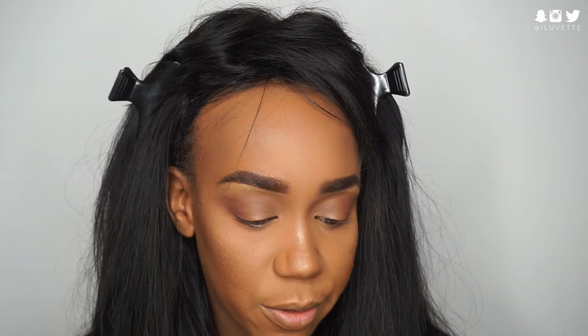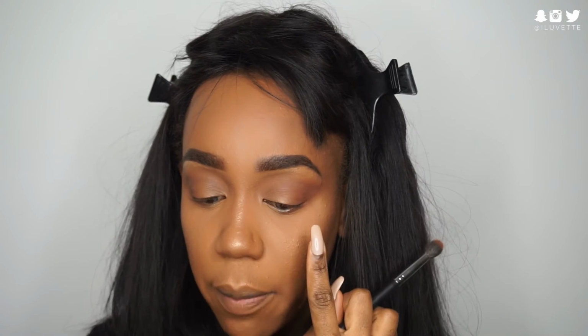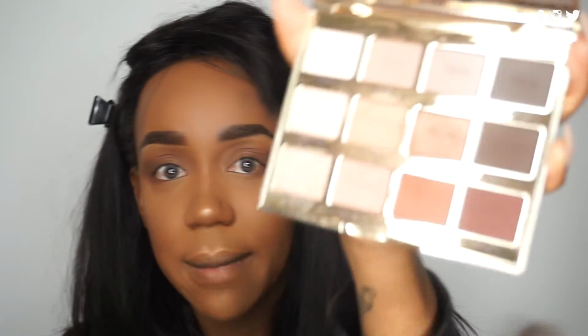So my camera cut off, and I don't really know when, but I just went ahead and put Rebel in the crease and smoked out my crease on the other side as well. I'm just putting a little more to diffuse it. My hair will just not stay in place. Then I'm going to pick up Leader, which is this last shade over here, and it's a really rich warm brown. So what I'm going to do